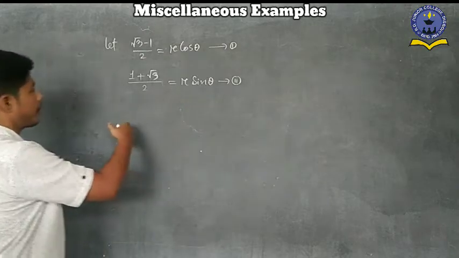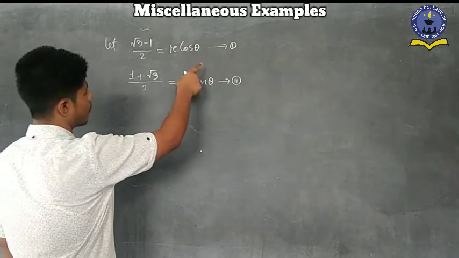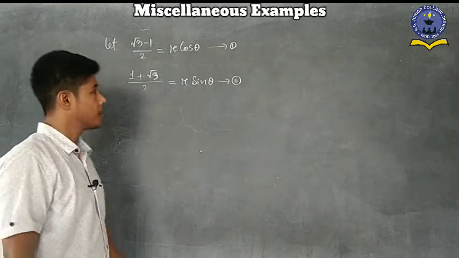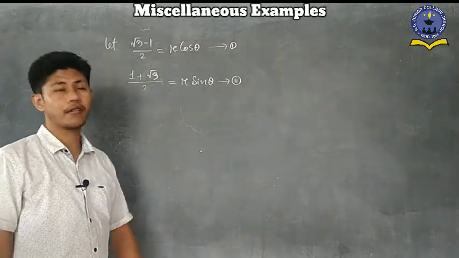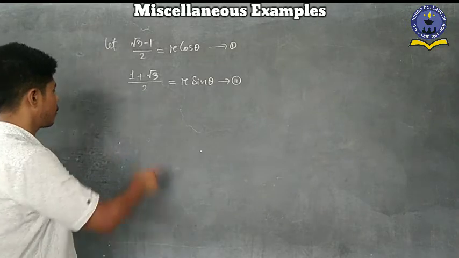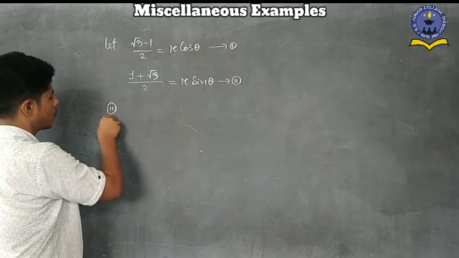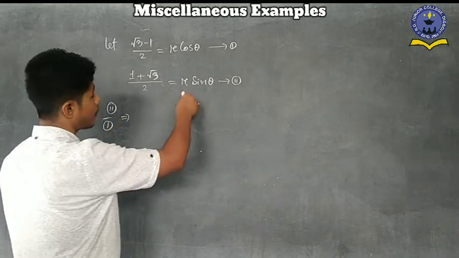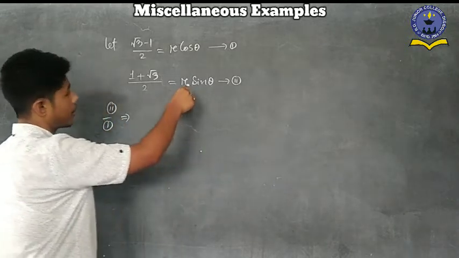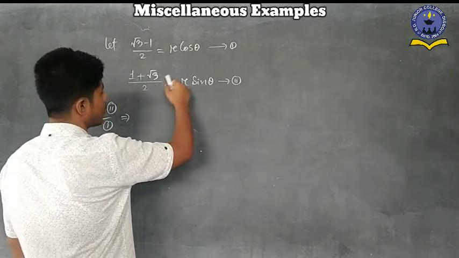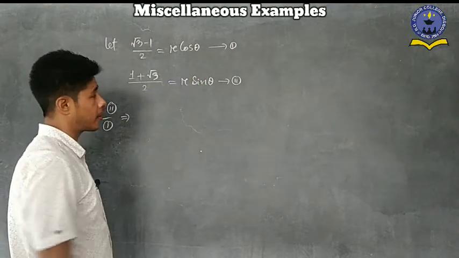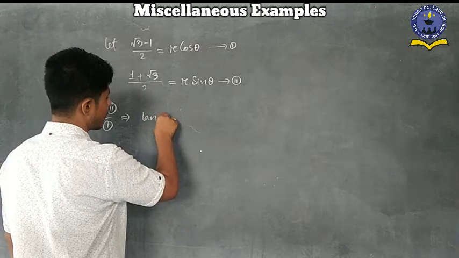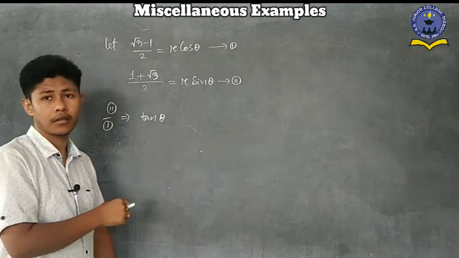So in the next part here, if you see the equation number 1 is r cos theta equal to this result, r sin theta is this one, isn't it? So now here what you have to find out? We have to find out the value of theta. So obviously we know what you have to do. 2 divided by 1. Each and every time we have to do this one. So if you divide this one, so what you have to write? If we write this one on left hand side, r sin theta by r cos theta, that means what will remain here? We directly write here tan theta. I think all of you understood this, isn't it?